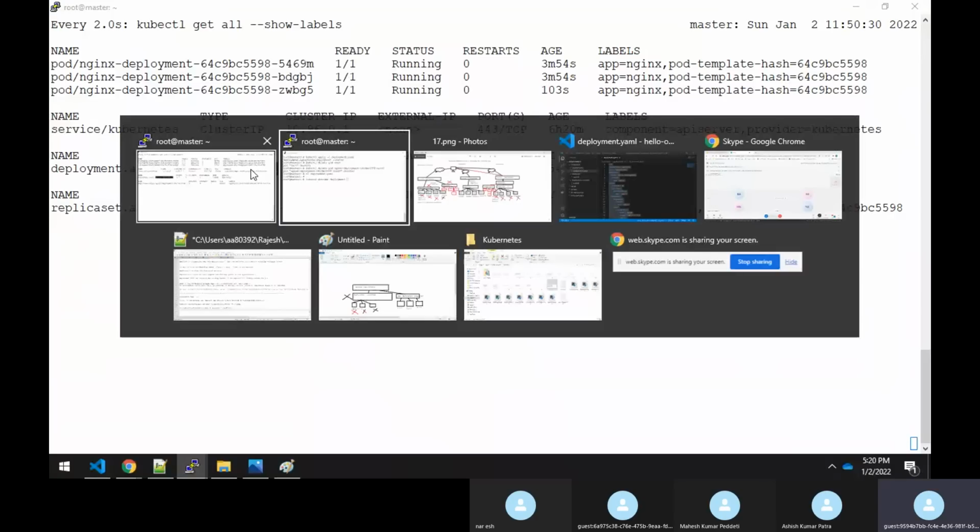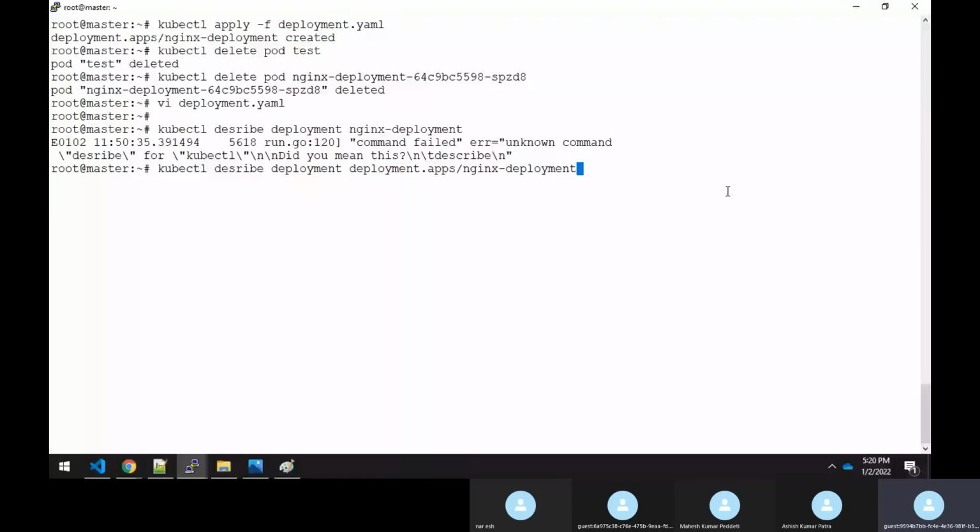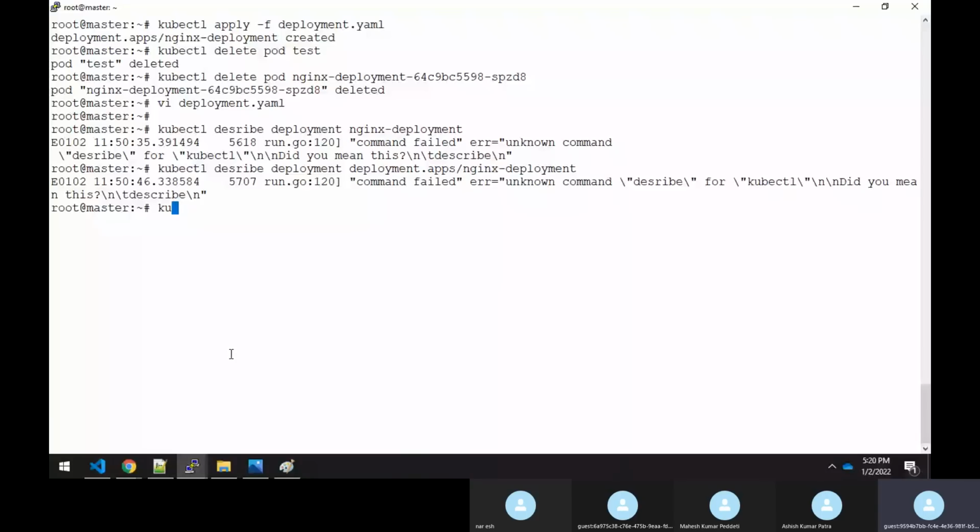Oh, I'm sorry, I think my spelling mistake. kubectl describe deployment, and you can just give the deployment name like this.